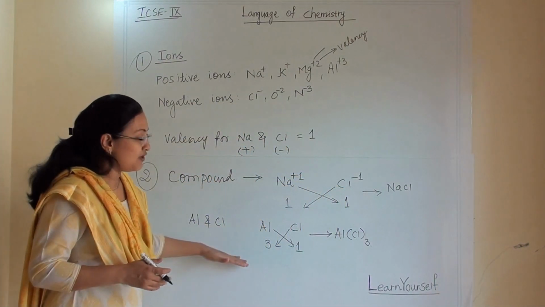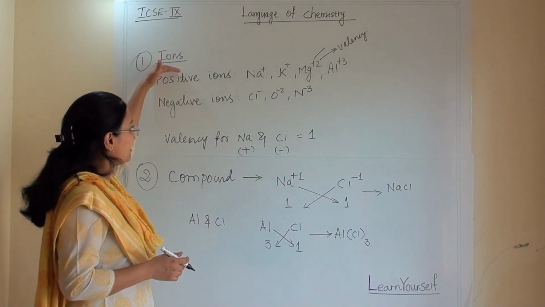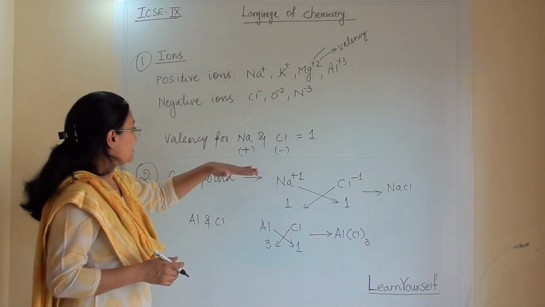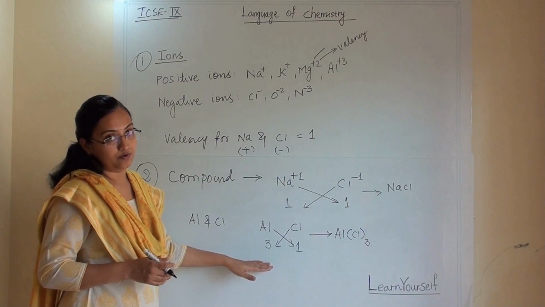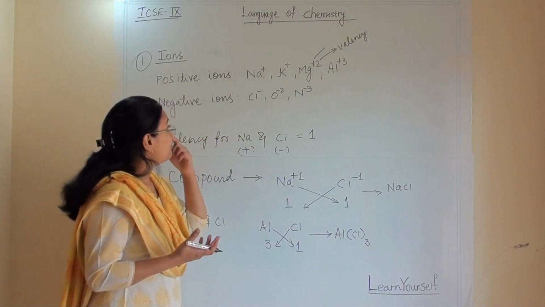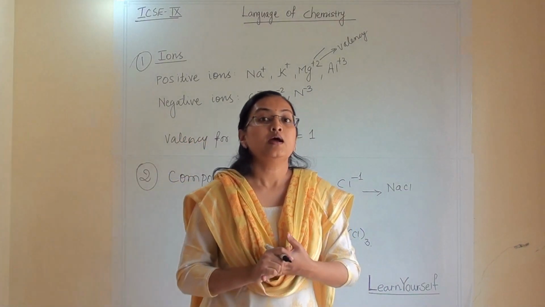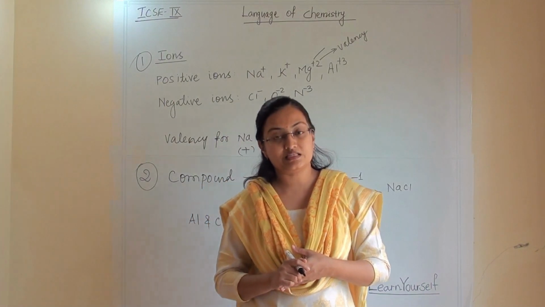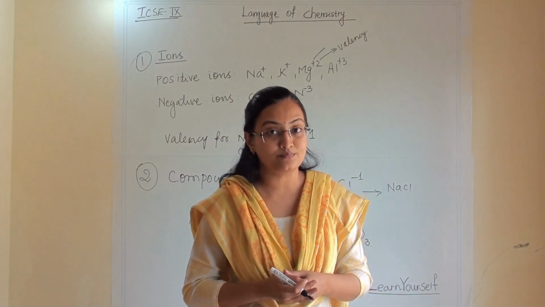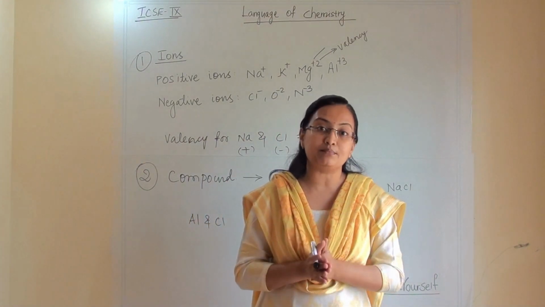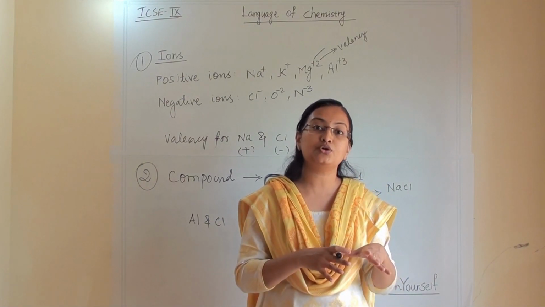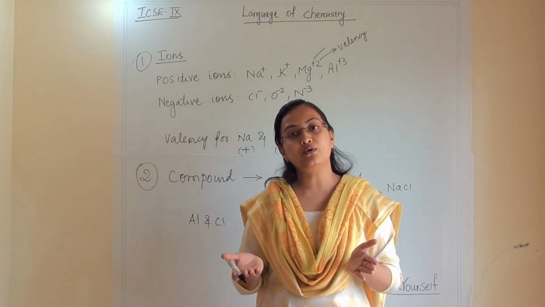So far we have studied that from the ions, through their valencies, we have formed a compound. Then there are so many compounds that we can form. So if you are thorough with your element symbols, their valencies, their atomic number, then very easily you can write a molecular formula. You can write a compound name, or from the compound name you can write a molecular formula, or from the molecular formula you can write a compound name.